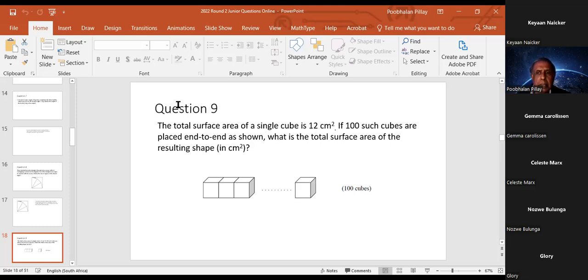So when you got a single cube, these cubes here, the total surface area, if I draw a cube there like that,